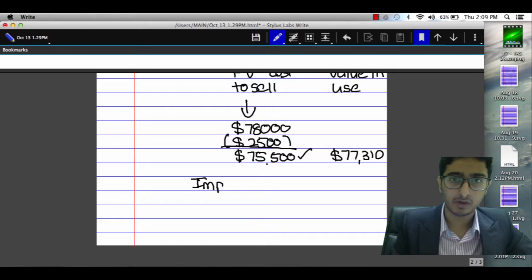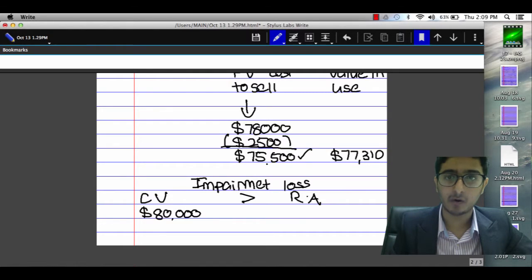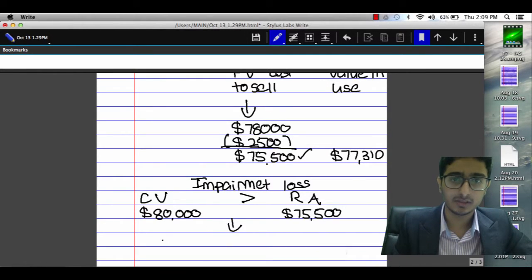Now, impairment loss. We will see if my carrying value is greater than my recoverable amount. My carrying value is $80,000. Yes? And my recoverable amount, which we take the lower one, is $75,500. This means that there has been a loss